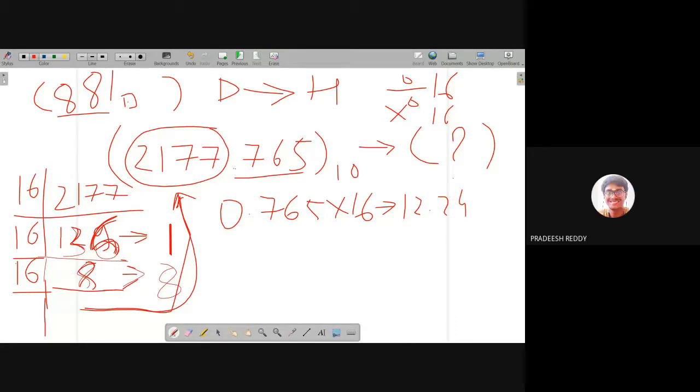Yes sir. हाँ, अभी ये देखो यहाँ पे 12.24 है। आई एम इंटरेस्टेड इन द इंटीजर, तो ये इंटीजर मैंने यहाँ पे 12 लिखा, लेकिन 12 इज इन द हेक्सा? No, 12 is in the decimal. You tell me the hexa equivalent of 12. C. हाँ C, ये देखो C यहाँ पे लिखा हुआ है।